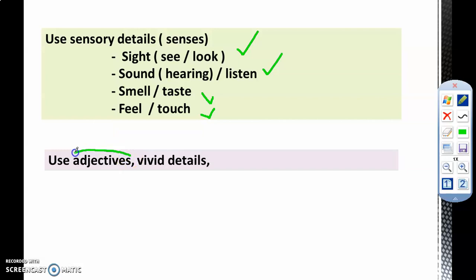Okay, adjectives are used to describe. We have these adjectives, and the use of sensory details help us to give vivid details, means we give clear picture of what we describe. Okay, when I use adjectives, when I use the sensory details, I give a clear picture about what I describe. So the person who reads my paragraph will have a clear image or a clear picture in their mind about what I write. That's how I make my writing good. Okay,